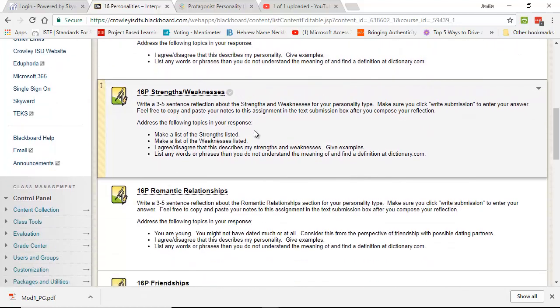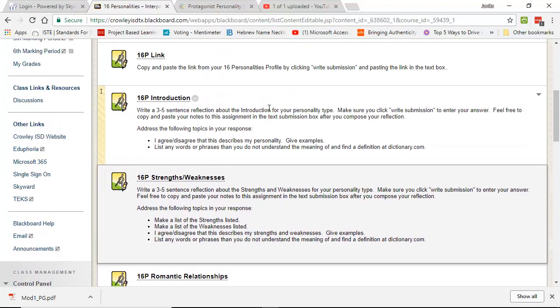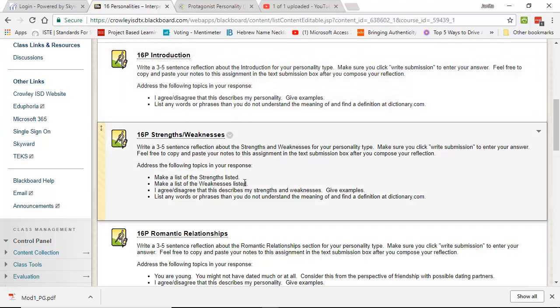All right, strengths and weaknesses. Most of these are, write a 3 to 5 sentence reflection about the strengths and weaknesses for your personality type. Make sure you click Write Submission to enter your answer. Address the following topics in your responses. Most of these are reflections, and I give you some guiding questions. I'm not asking you to write down this specific thing as a question. I'm asking you to consider the things that it's looking for whenever you're reading about it and whenever you're writing